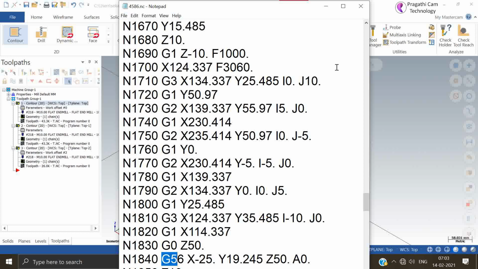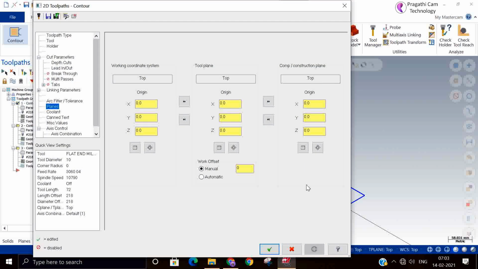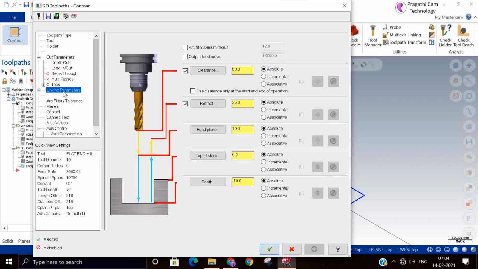Like that you can do machining. Mostly in electrode machining, people are using this work coordinate system very efficiently. You can change the work options.